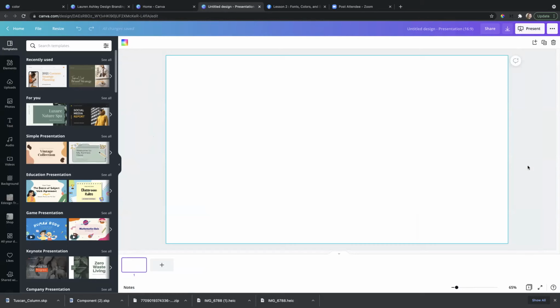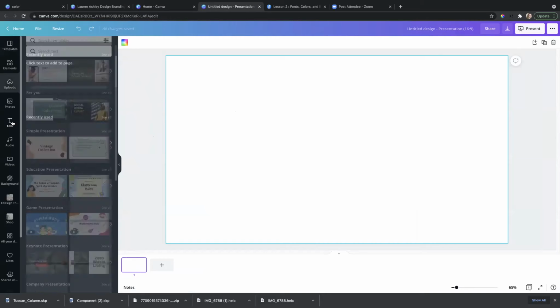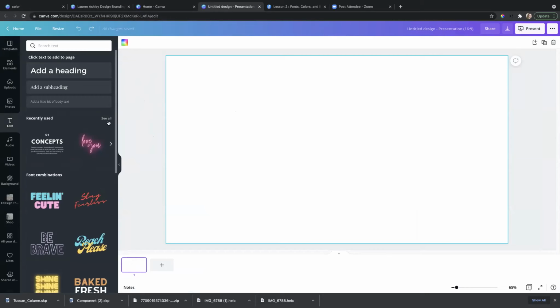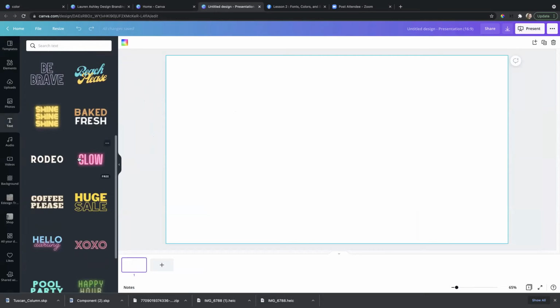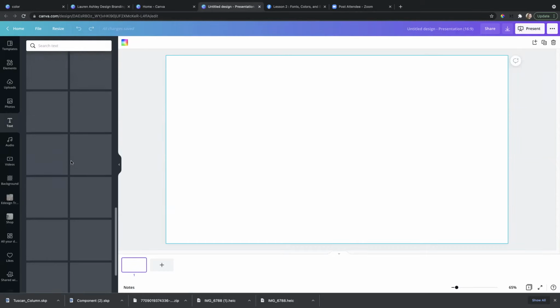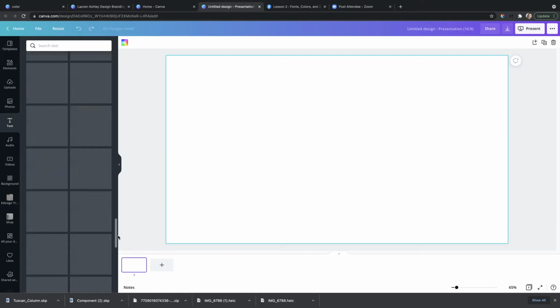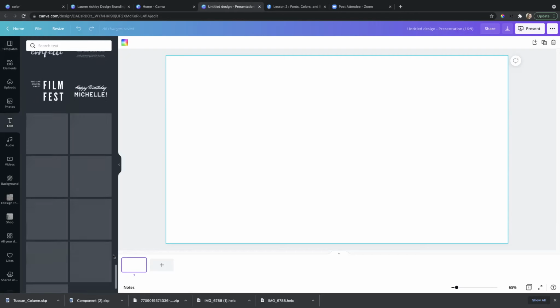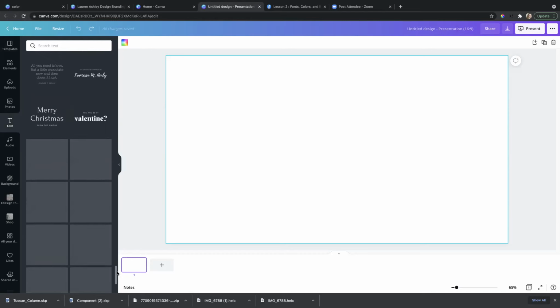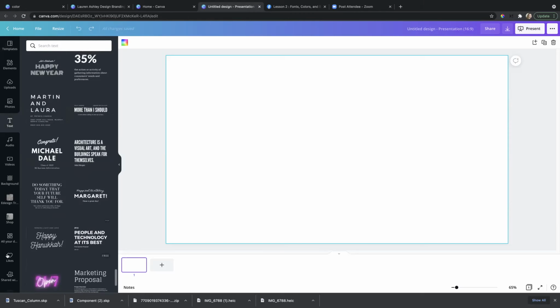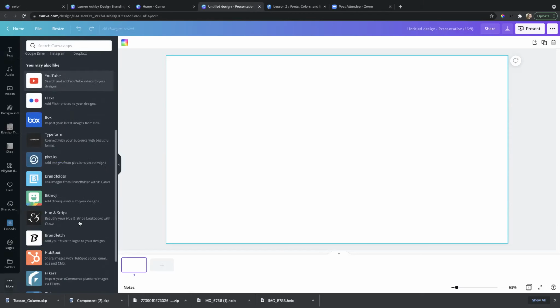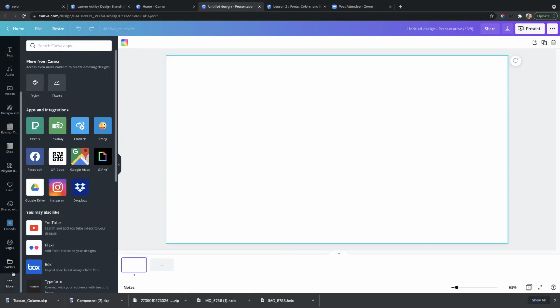So when you come to a blank slate here in Canva, what you want to do is come over here and click text. They have all kinds of options here, and it can become a little overwhelming. They have a bunch of different fun little text that you can do, but one feature I want to show you is when you scroll all the way down. Yes, when you come over here to more and then styles,